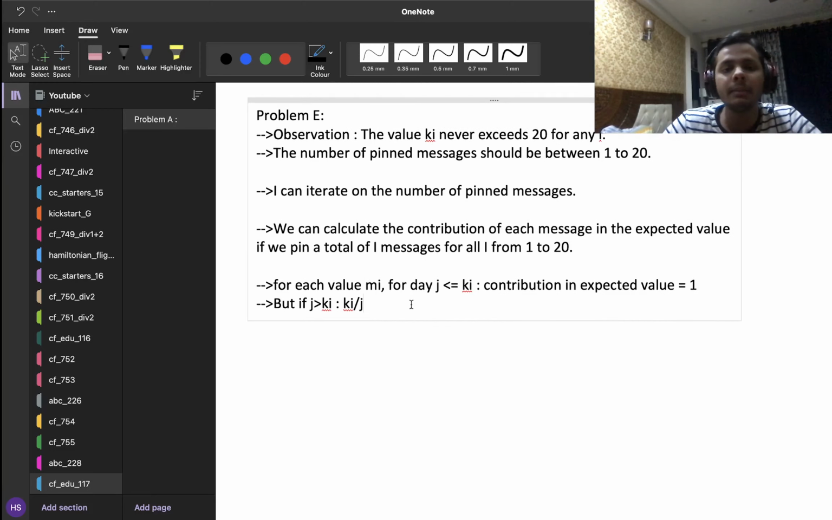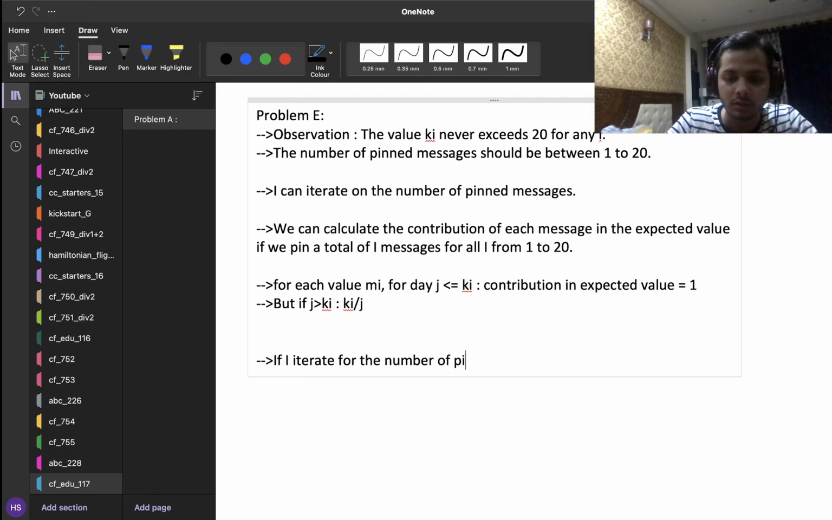And then I can simply iterate on the total number of pinned messages, and I can find out the value of the greatest prefix and just add it to my answer, and just find out the maximum value, right? So what I'm saying is, if I iterate for the number of pinned messages,